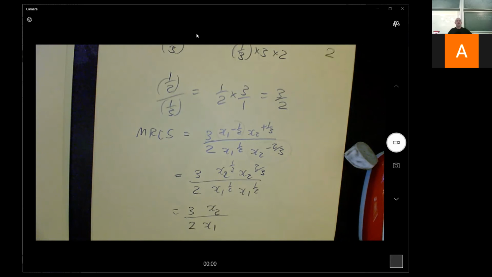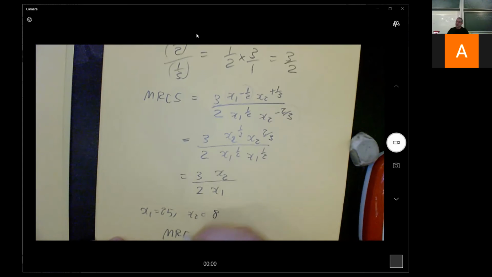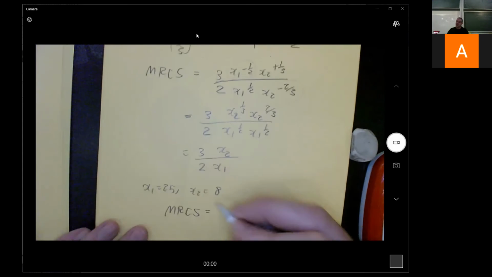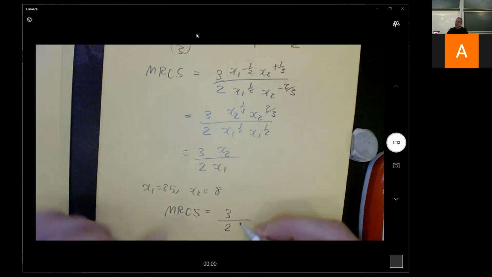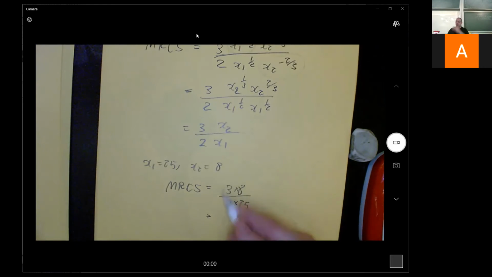And I think that's a pretty good answer. And what did they want to know? They wanted to know at the point when x1 is 25 and x2 is 8. So if x1 is 25 and x2 is 8, then the marginal rate of commodity substitution, the x2 is 8 and the x1 is 25. And so I get that 24 divided by 50, which would be 0.48,